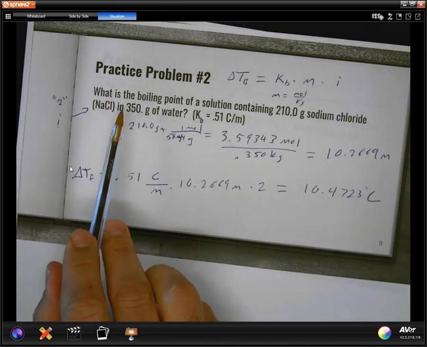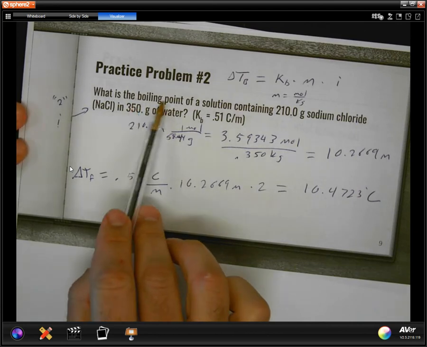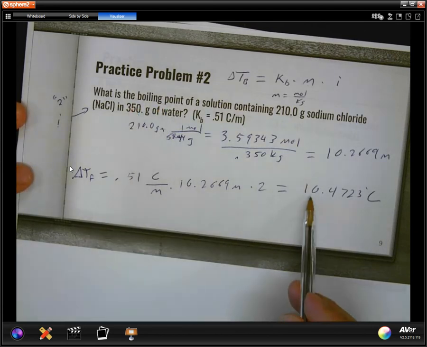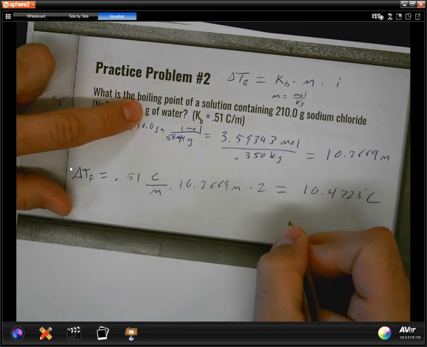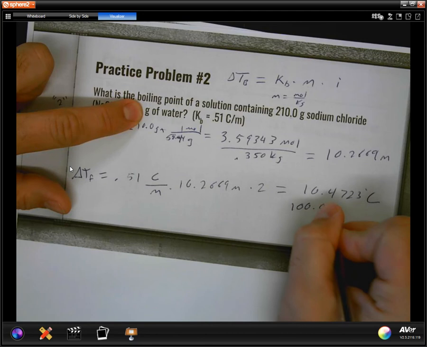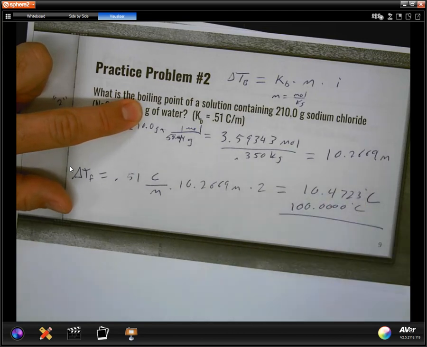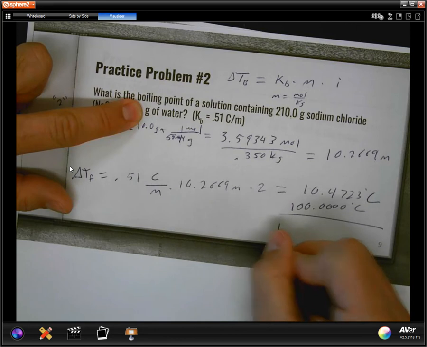This asked me, what is the boiling point? So since it's asked me what the boiling point is, I just found the change in temperature. Now you need to remind yourself that water will typically boil at 100 degrees Celsius, correct? So my new temperature now is going to be somewhere along the line of